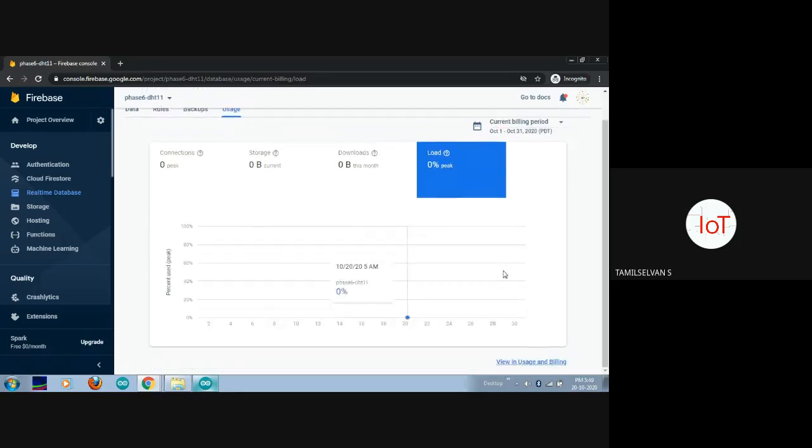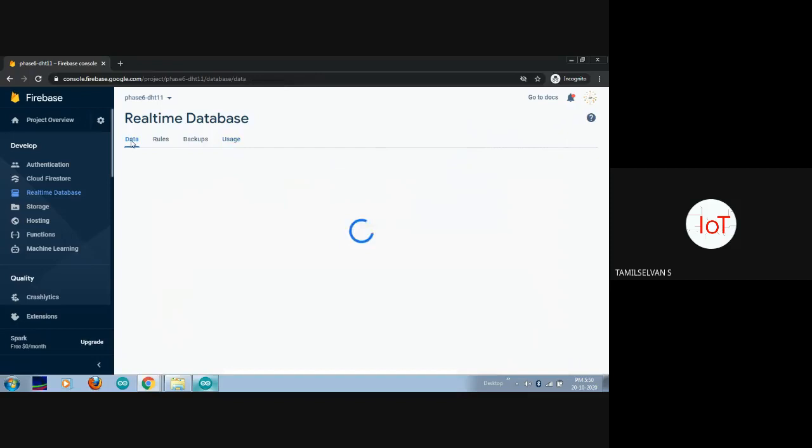If you are going for a paid application, you can see the billing data here, the usage and billing. For data updates, the charge they are offering will be seen here. So these are all the details you can see in the real-time database.